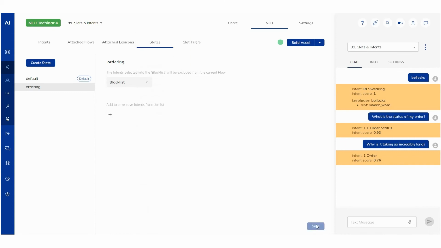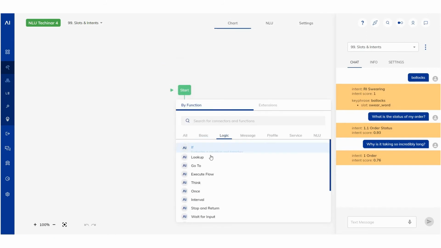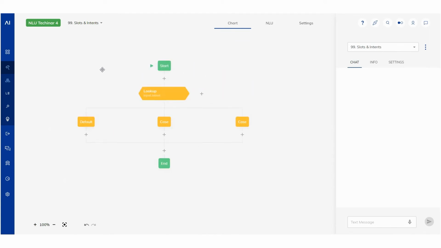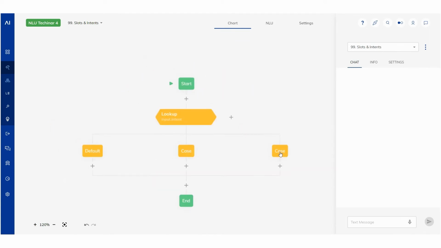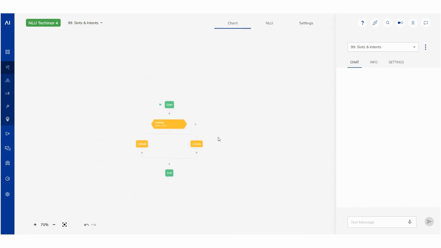And if we now save this and go to the chart, there is no chart yet. So I'll just very quickly create a chart just to show you how this works. And we'll go a bit deeper into how the intents integrate with the chart in just a minute. So I'll create a case here for the order intent. And what I will do is I'll use the exact same sentence that I just used so that I'm sure that the order intent is triggered.